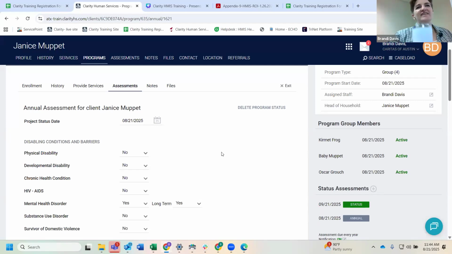Okay. So you'll need to collect that information in. Do we have backdate mode in Clarity? They need it. Well, we don't have that turned on in community services for folks. So we won't have it turned on in Clarity, but I think you can backdate in Clarity as well. So you'll want to go ahead and do that if you do miss the date for annual assessments. If you do miss your deadline for your annual assessments, you'll still want to enter them. And let us know and we'll probably be able to turn on backdate mode for you, potentially.